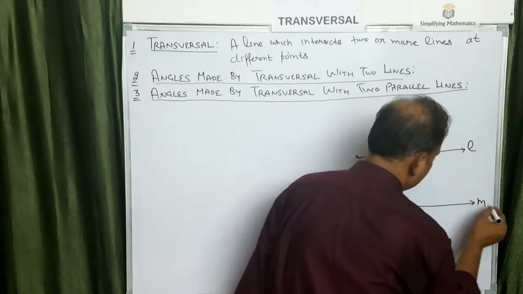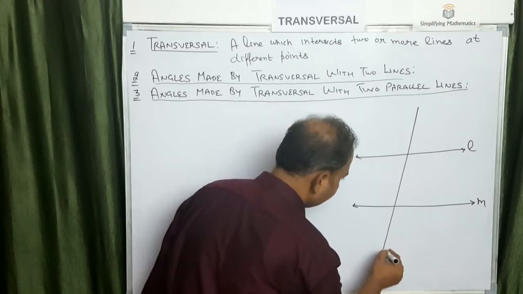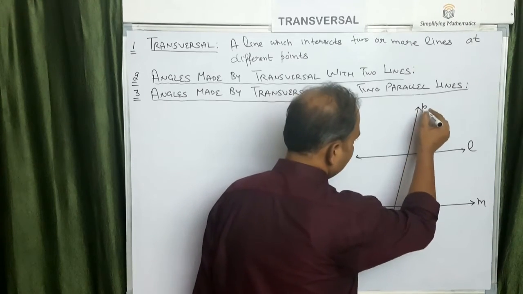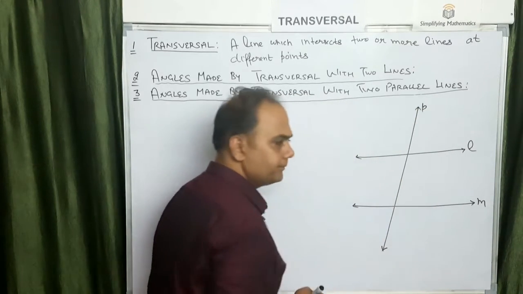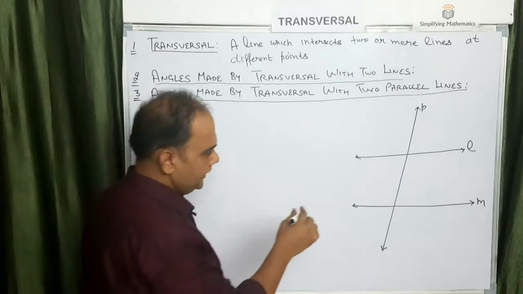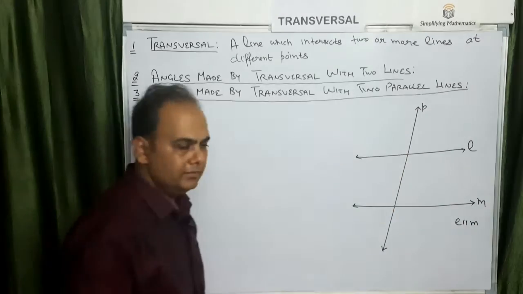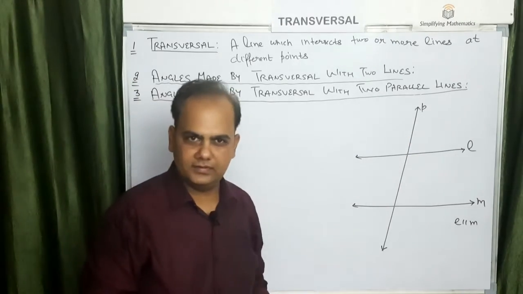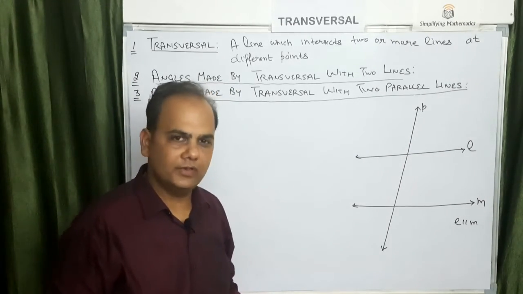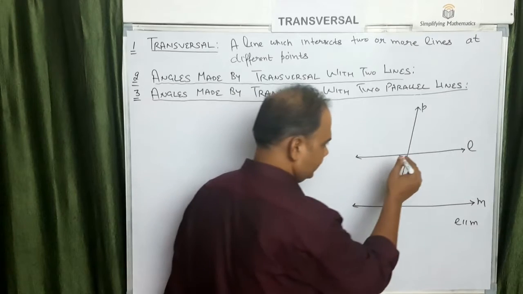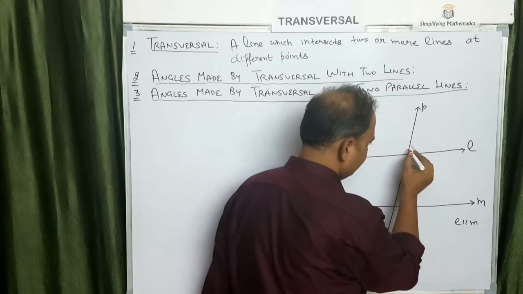L and M. So this is being cut by transversal P. ठीक है. तो line L जो क्या है that is parallel to M and this P is the transversal. अब ना कितने angles form हो रहे हैं? 8, वो हमने पहले study किया था. तो कौन कौन से angles हैं? So this is 1,